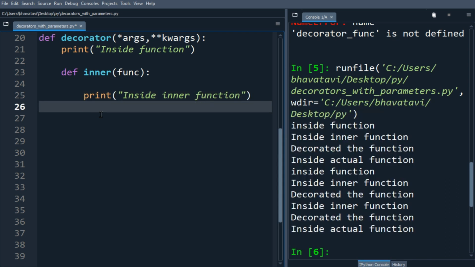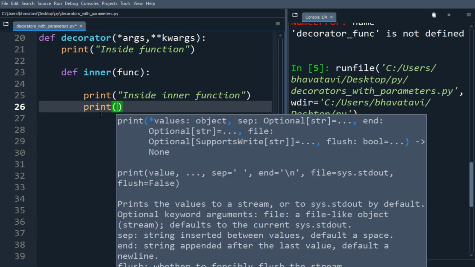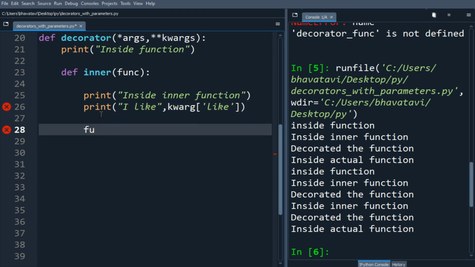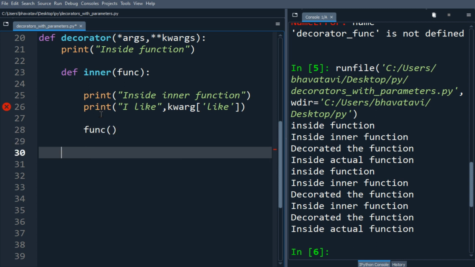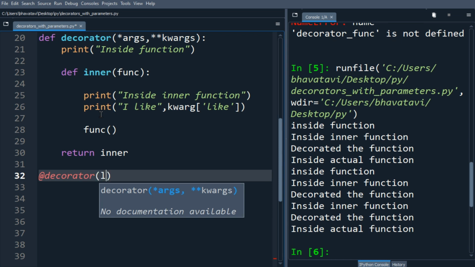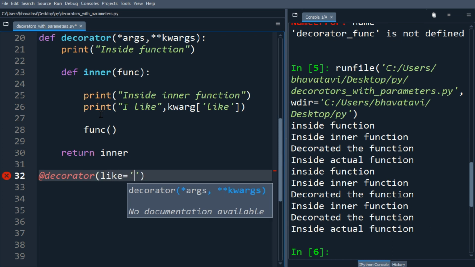So in the next statement, let's use the keyword arguments, okay. Let's put here I like, and then we'll put a key for keyword argument args. Let's put the key as like, okay. Now let's put the function. So we'll return the inner function from here, return inner. So now let's put here @decorator, and here let's put the like as, so let's put the value as YouTube,